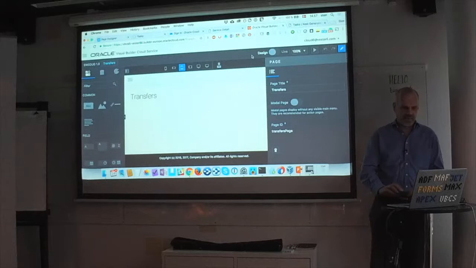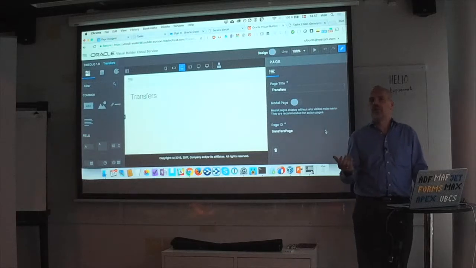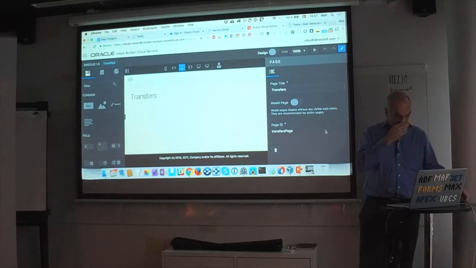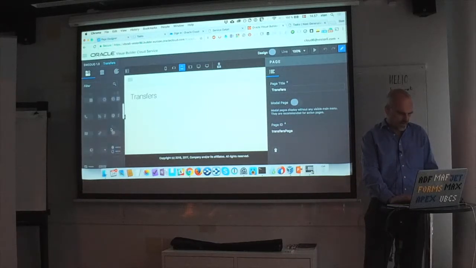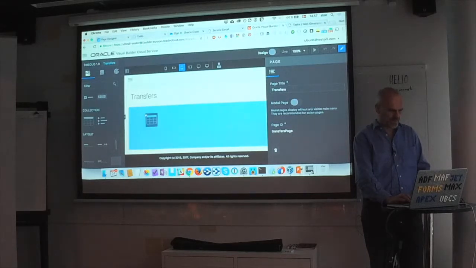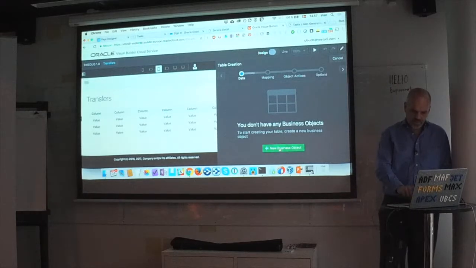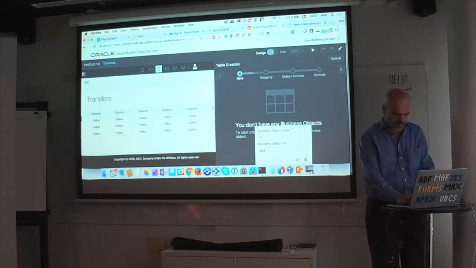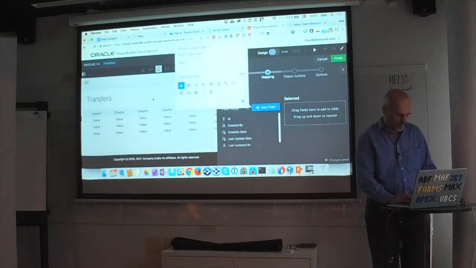So I get an application, and this is pretty much visual first development. The idea is, it always starts out with this design view here, and there are some individual items over here that I could drop in, but I need to have some data object to have them in, so I always start with a collection item. In this case, I'll drop a table in. It says, you don't have any business objects. Would you like to create one? Yes, please. So I create a business object called tasks, and it has a new field called task name,